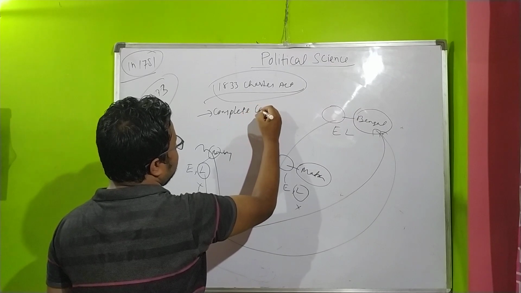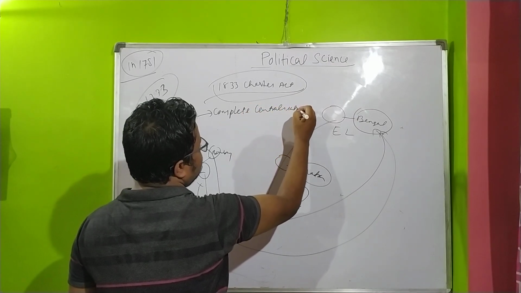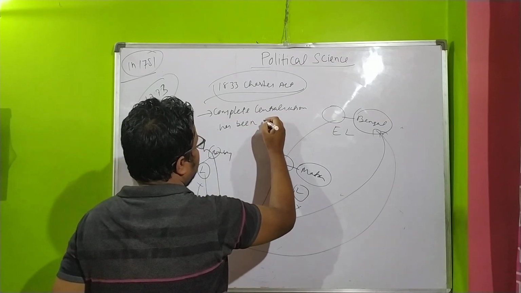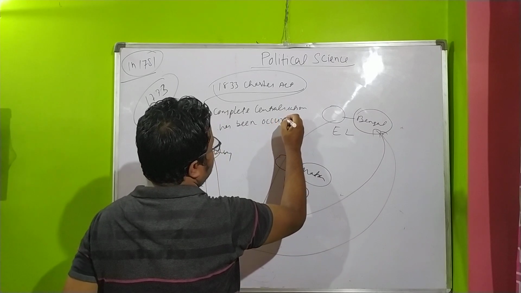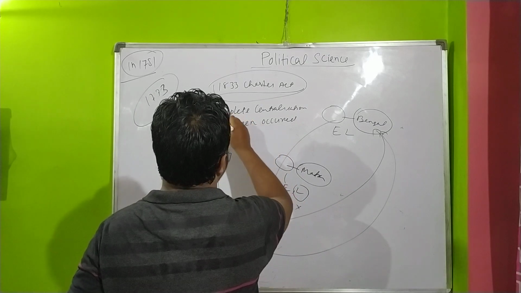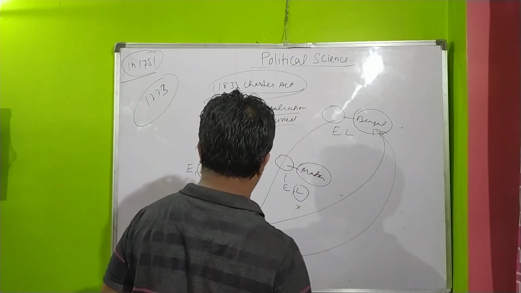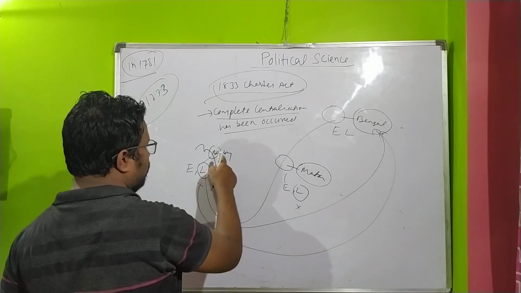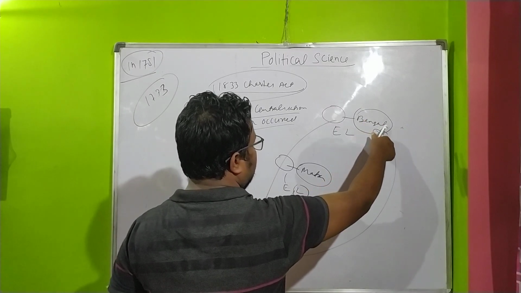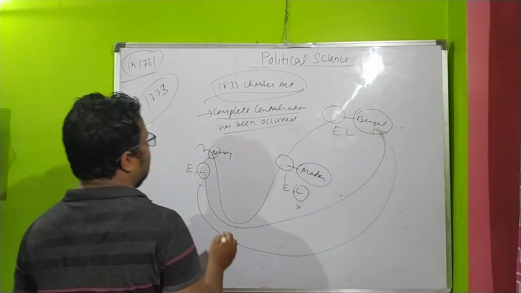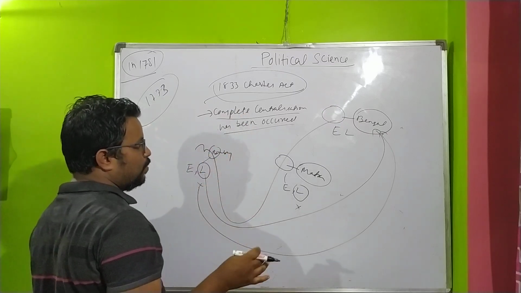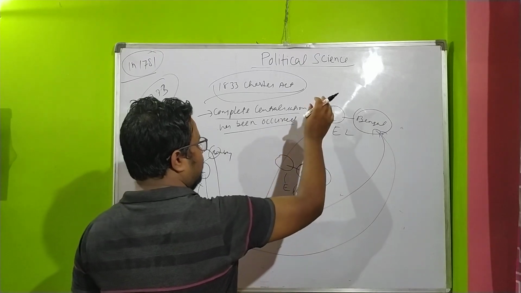That means complete centralization occurred in the 1833 Charter Act. So complete centralization means all the legislative powers of Bombay and Madras were curtailed and added to the Governor General of Bengal. Now why are they doing this? Because the British government